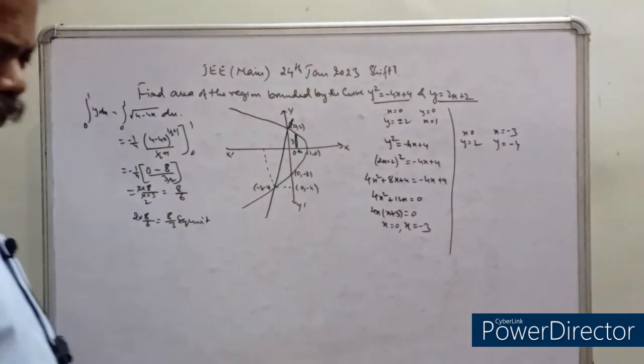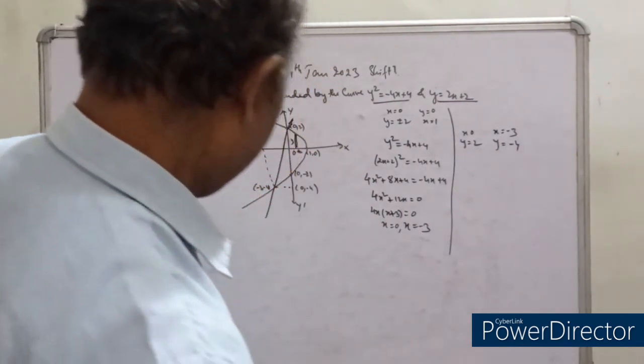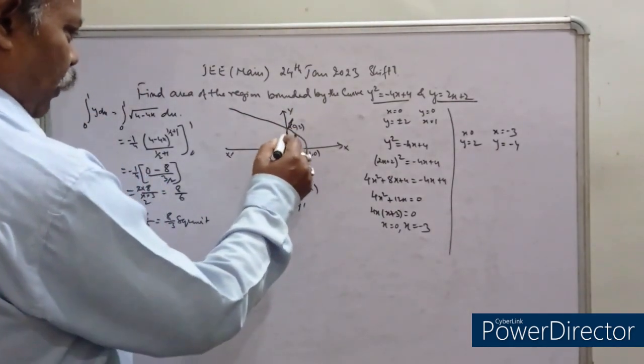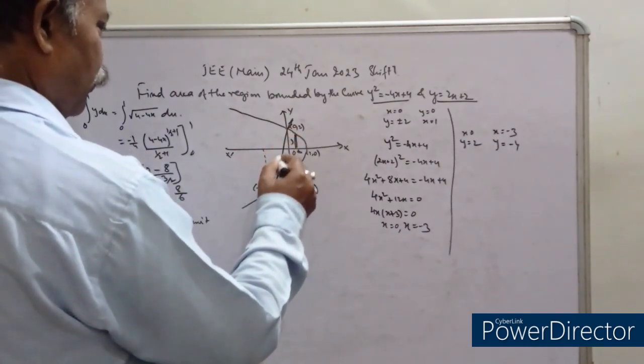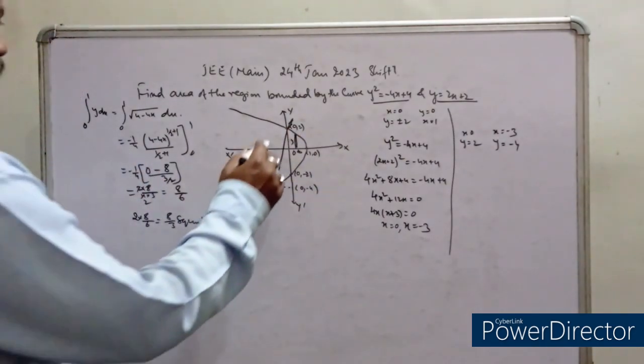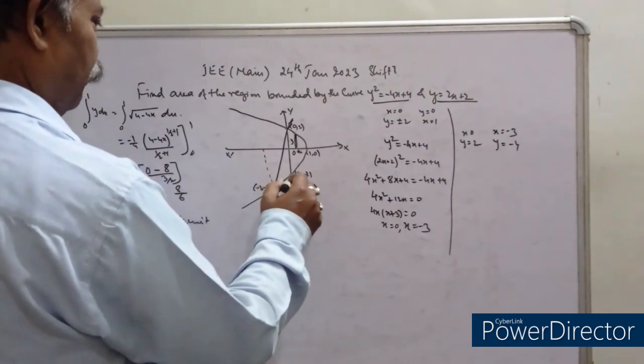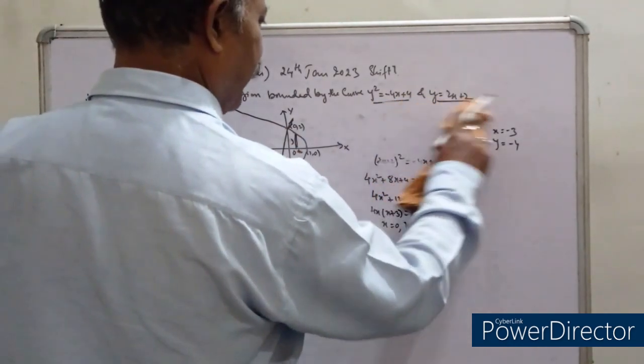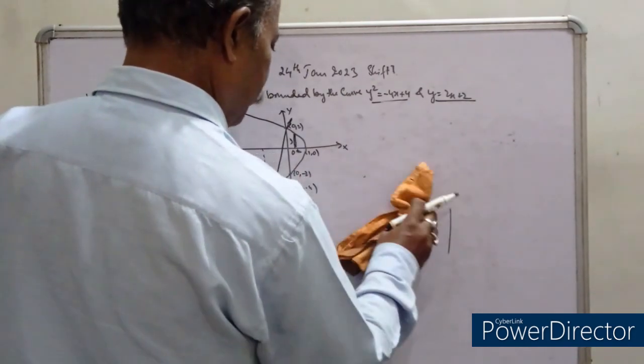Now what I am going to do is that this is the area which has been calculated, this portion. Now this portion remains. So first of all I am going to do a shortcut, because this is a triangle, and so first of all I am going to find the area of this triangle. So your area of this triangle will be